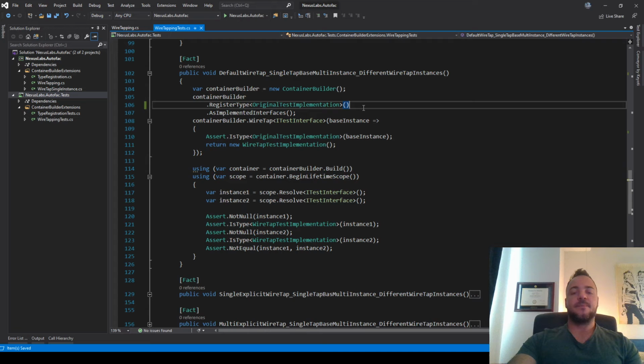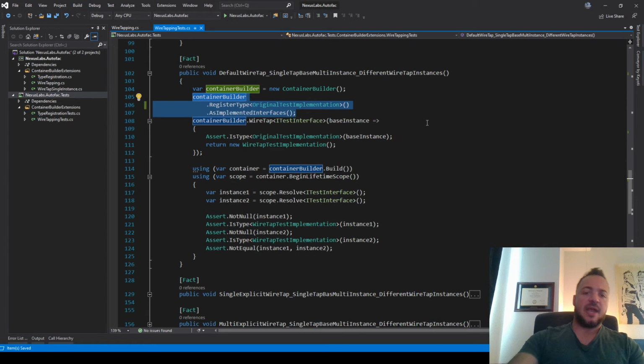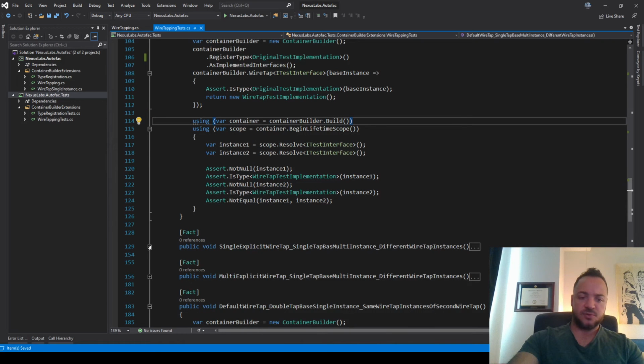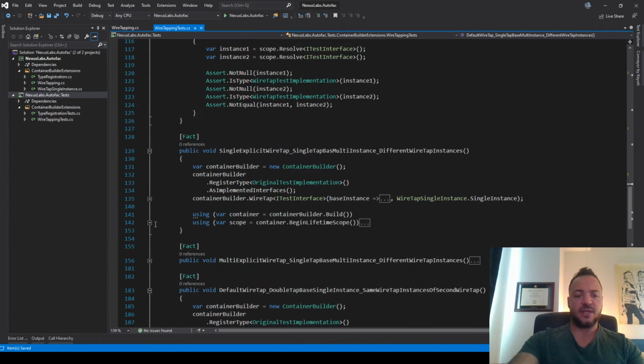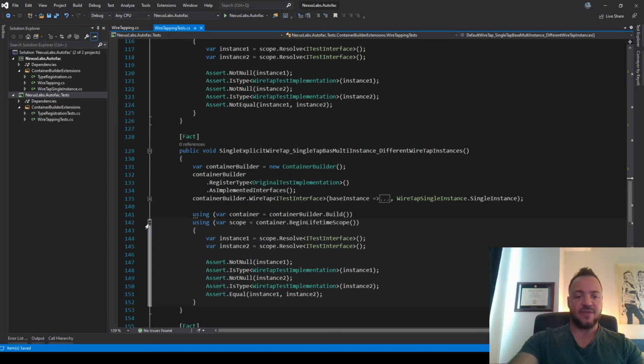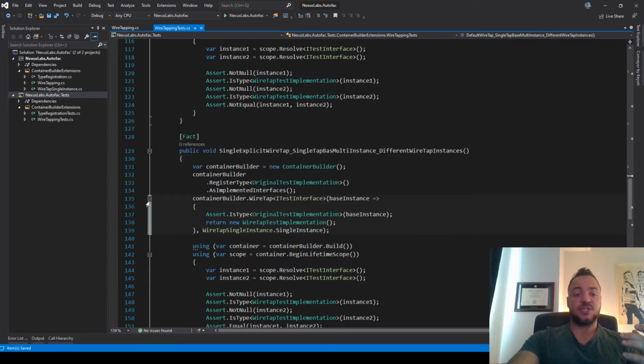It's a small little enhancement that kind of proves that this test was set up with the right registration, right? It's not single instance. Anyway, so that was another test. Sort of the next ones that come up are extensions of that, very similar to the original ones, where now I'm putting in explicitly we want single instance.